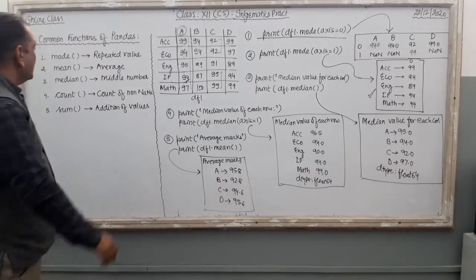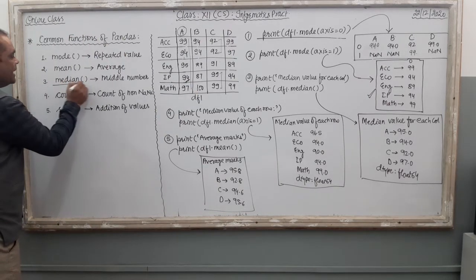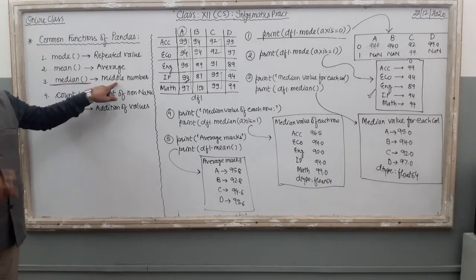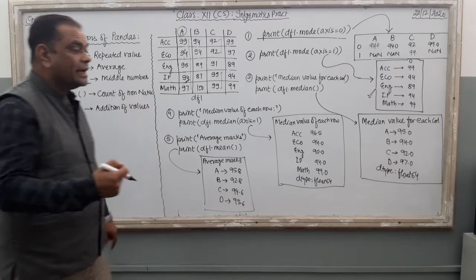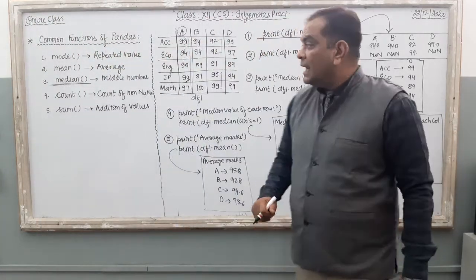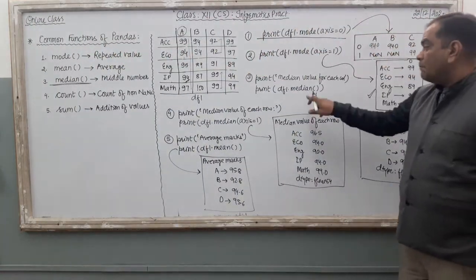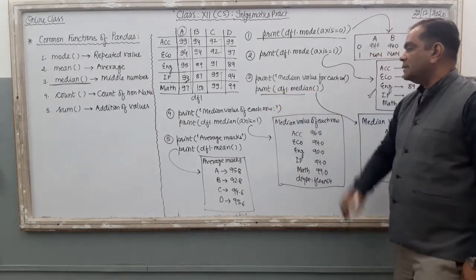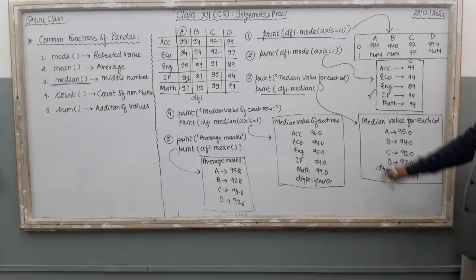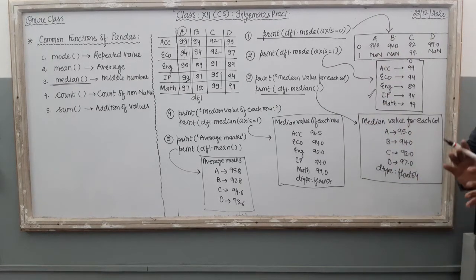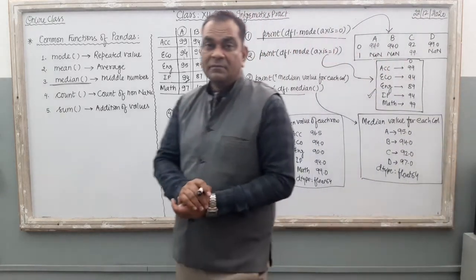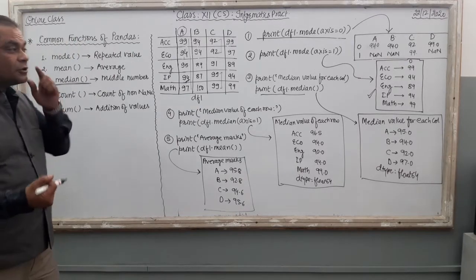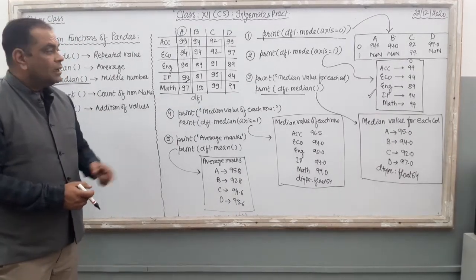Then the second function, we are going to take this median function here. What is there in median? Median means middle number. Very simple, middle number. Now how can you generate this median? Suppose we apply this median function on the data frame, our command looks like this one, right? And then the computer will generate the middle number of this particular series, right? So very first we are going to understand how your computer produces this median.